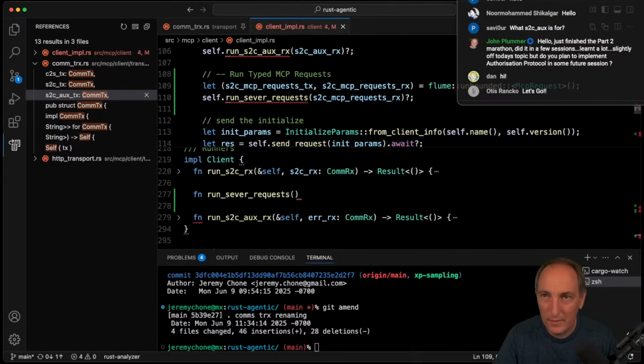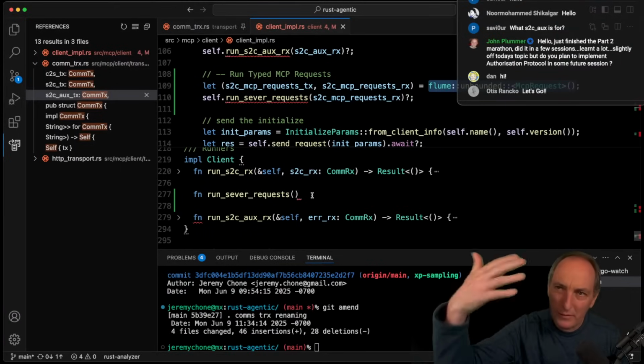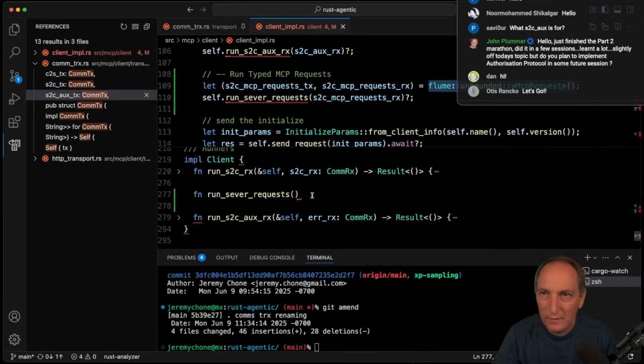Can I do that? Yeah, it doesn't complain. So we're going to do that. And I don't like that much because, you know, it's a long type. I would probably create a wrapper or type alias, but right now I want to see that things compile. And then I'm going to do